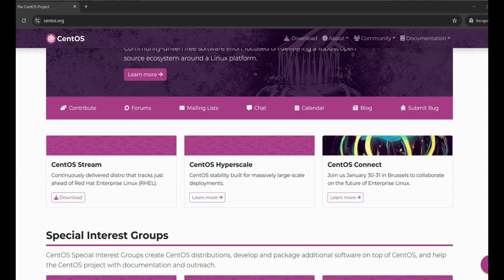It makes a great choice for developers and contributors who want to engage with the evolution of Red Hat Enterprise Linux. Coming to some use cases, for development,